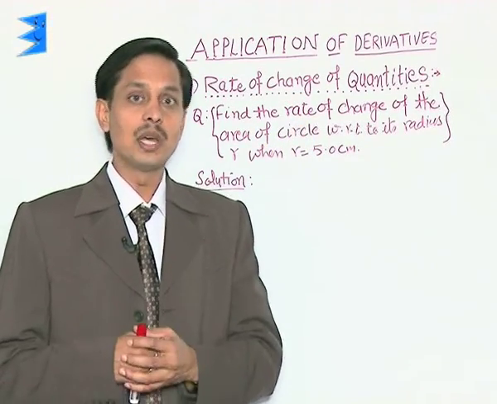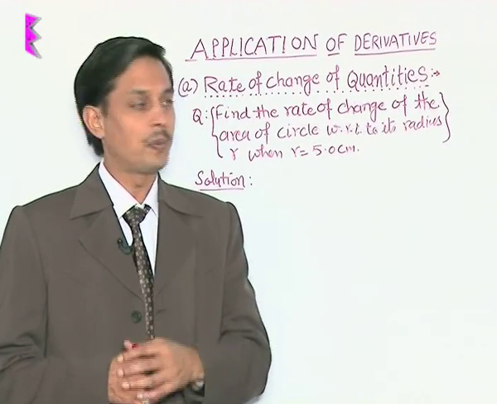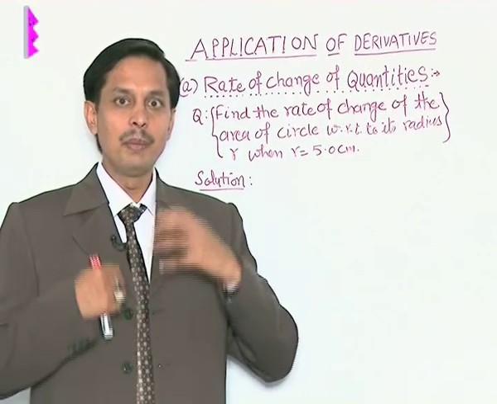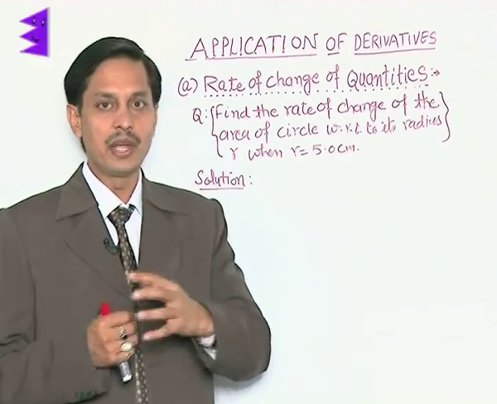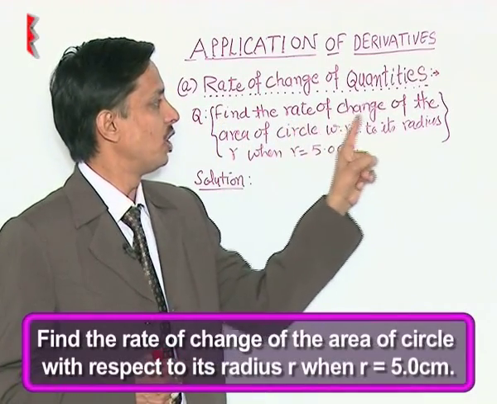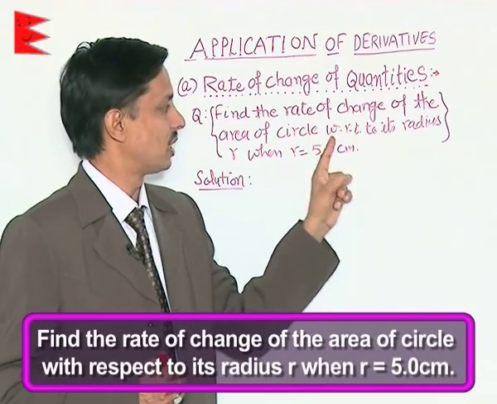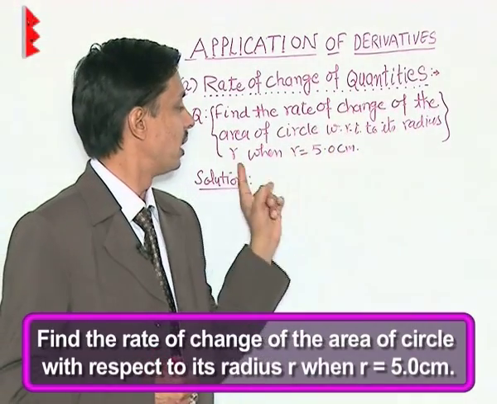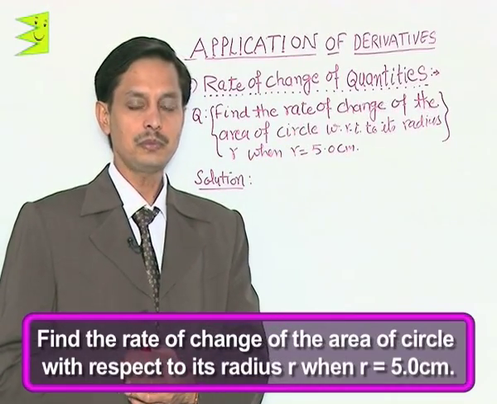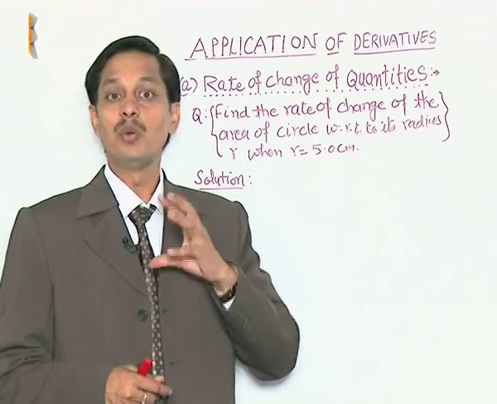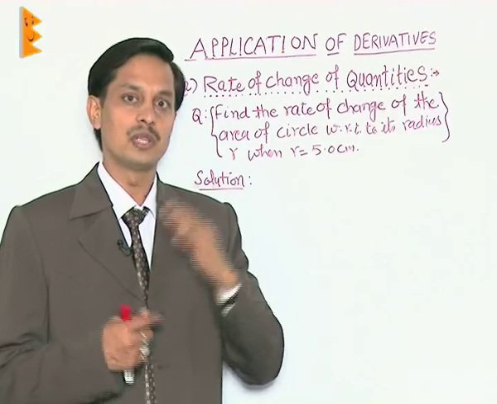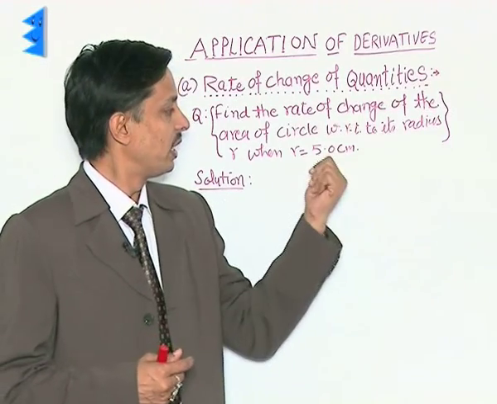When we talk about the application of derivatives and opt for such a topic, it will be very clear to you if I discuss a question: find the rate of change of the area of a circle with respect to its radius when the value of the radius is 5 centimeter. The question is very simple. We want to find the rate of change in the area of a circle when the radius of the circle